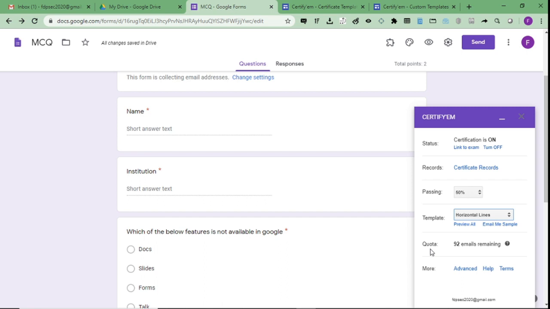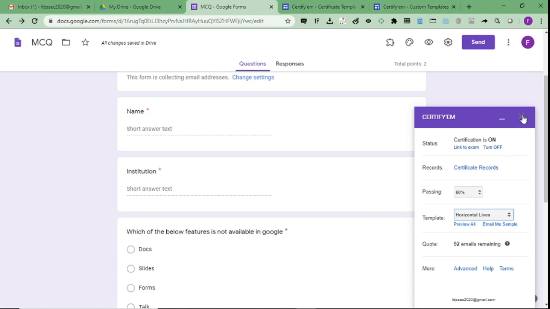Whereas if you use your organizational or your institutional email ID, which has purchased a G Suite license, you can send unlimited certificates. And using this advanced option, we can control whether you want to send the certificate as a PDF or as an image, and what should be the content of the email when the certificate is sent.